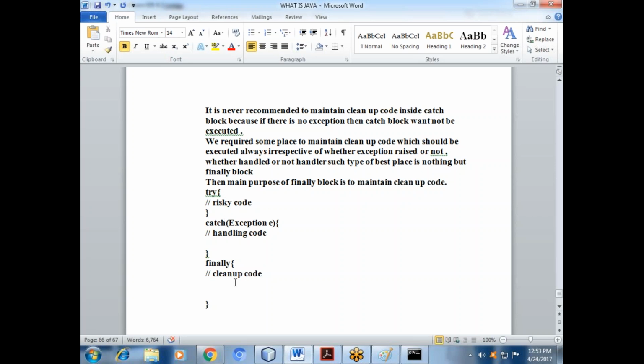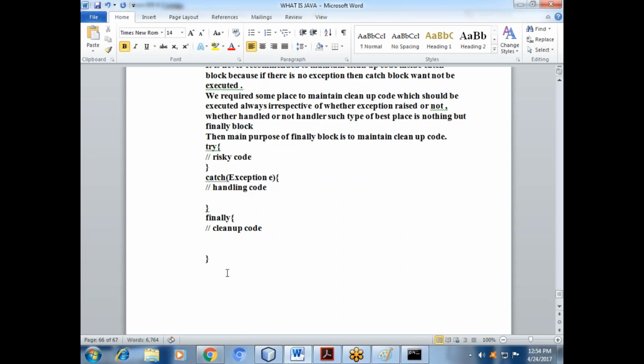You will pass the message in finally, so it's easy to understand that the try block had a problem. So you can write the main purpose of finally: it will execute always, whether an exception arises or not, or is handled or not.